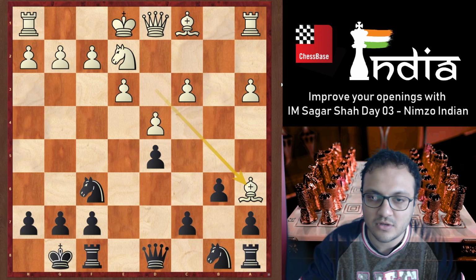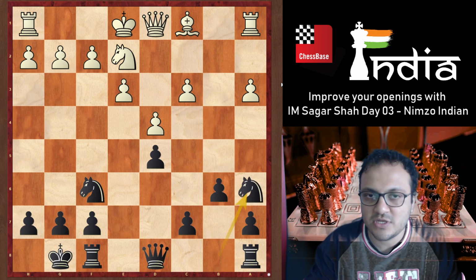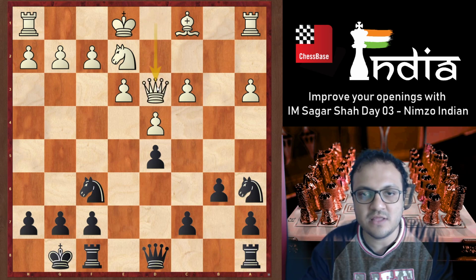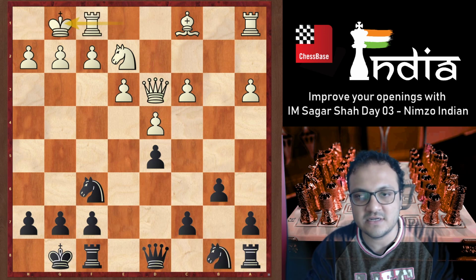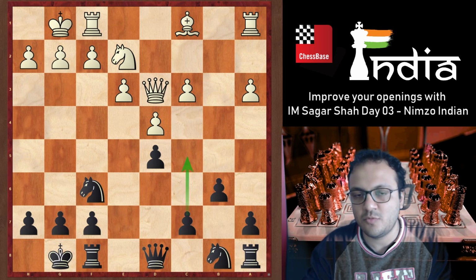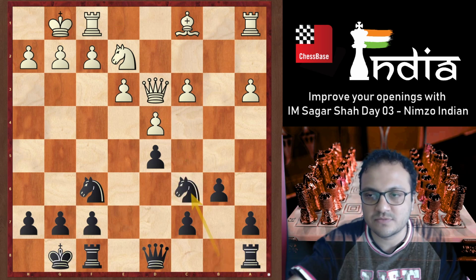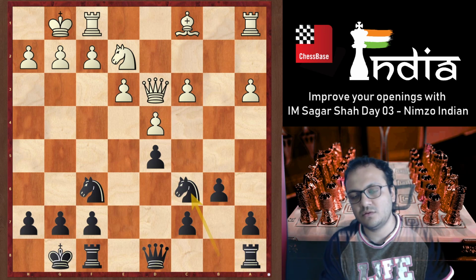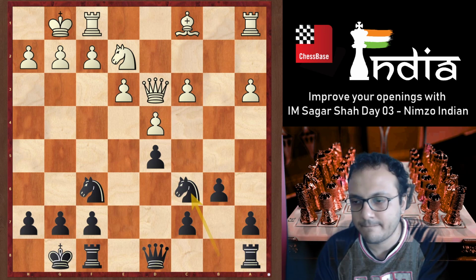So I took, knight takes, and I had actually seen this game. So there it was said that you must play queen d3, attack this knight. So I did that. He went knight b8, I castled, and now instead of c5, he played the move knight to c6. So what do you play here with white? White to move.